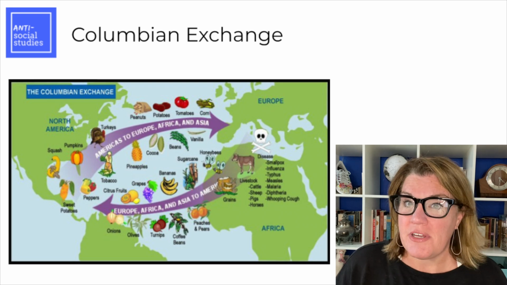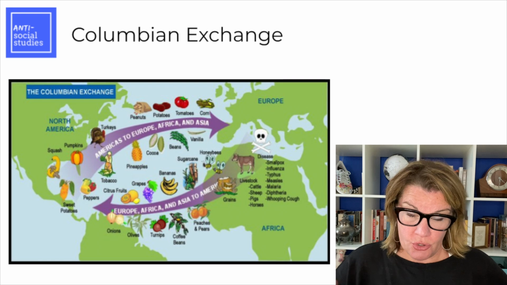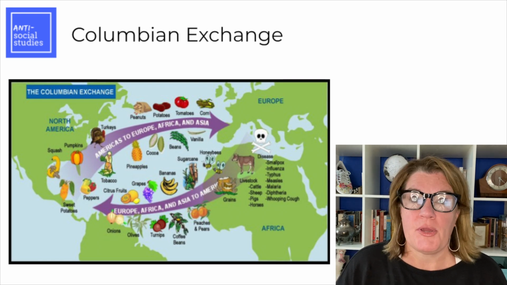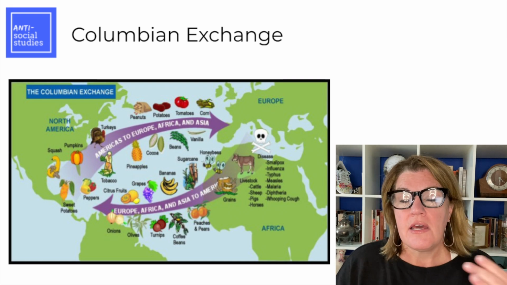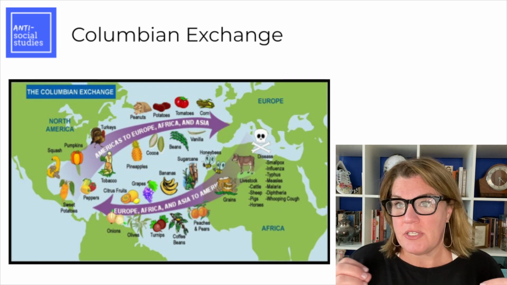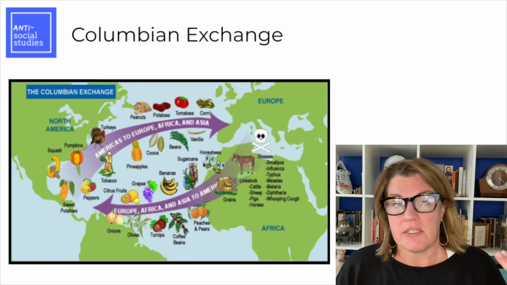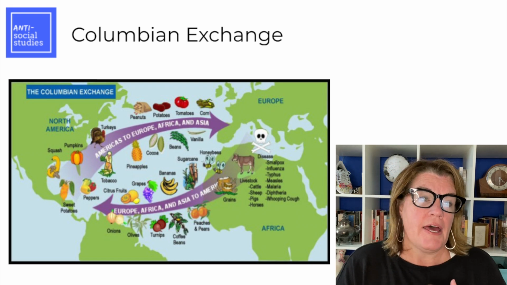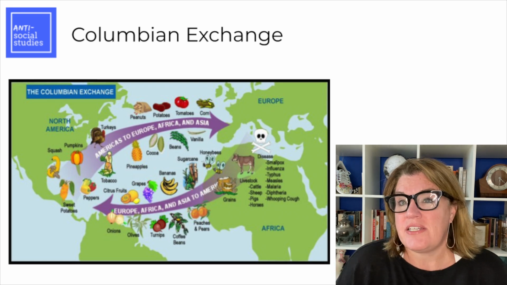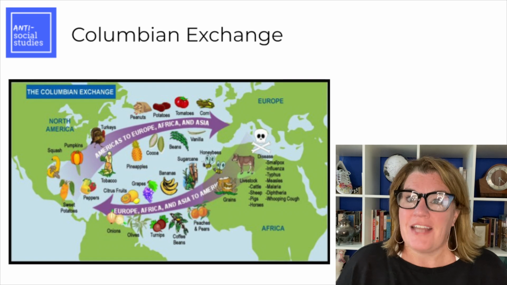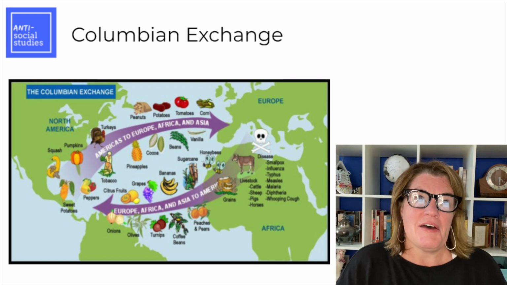You probably know this from world history already, but the Columbian Exchange is crucial for understanding this time period. It is the exchange of goods, animals, diseases, back and forth between the Old World and the New World. The Old World Europeans brought guns to the New World. They brought horses, they brought cattle, things that we tend to identify with 19th century Native American societies.